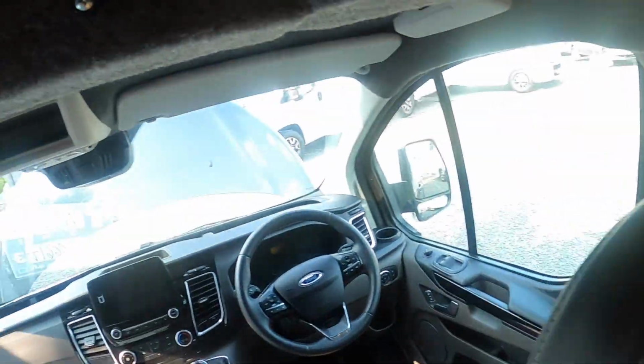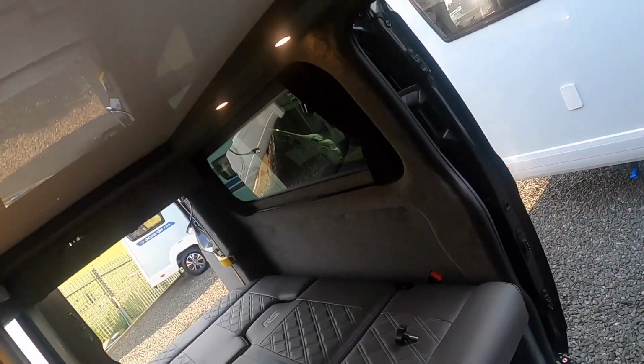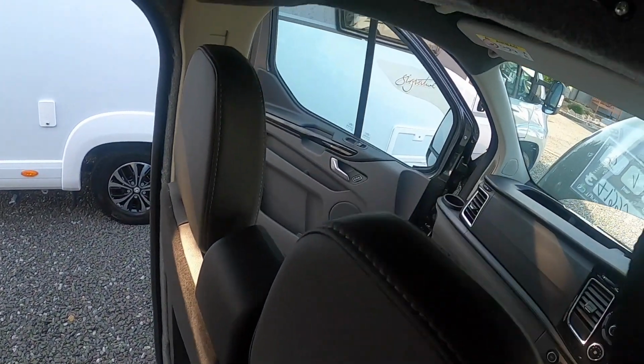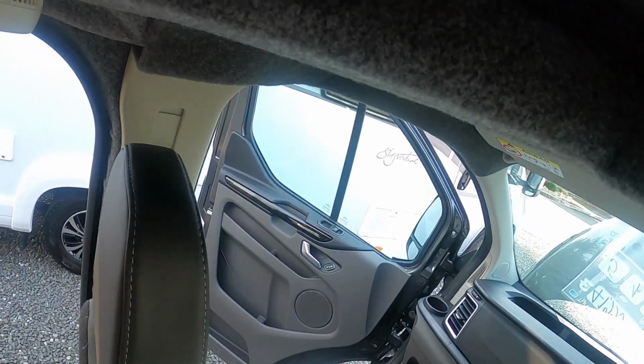But when pulling the roof down, pull it down like so, and pull your tent sides in, as you don't want this caught in between the roof and the metal of the van. And then you can pull all the way down, and your straps, which are these, will go through here. So on the roof, we'll go through the roof, through the van,